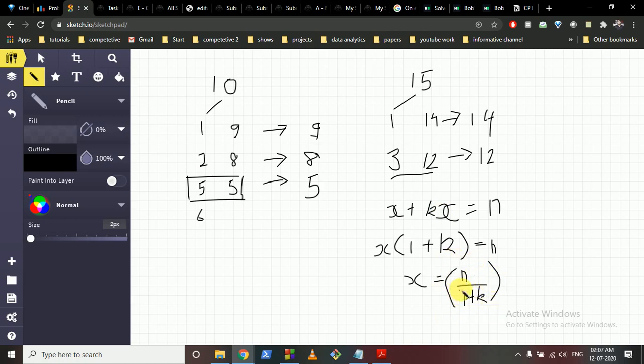Because I want this x, or this LCM, to be as small as possible, which means I want this number to be as great as possible. And if I want this number to be as great as possible, then since n is constant, I want the other number to be as small as possible, and thus I want to find the smallest factor of n. If I find the smallest factor of n, I can divide n by that smallest factor, and this will become equal to x, and then we can find k minus x, which is n minus x.